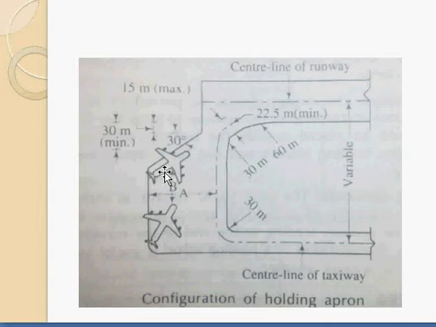Here the aircraft will not be entering the runway at 90 degrees, it will be entering at some angle like this. So you can provide 3 or 4 spaces like this depending upon the necessity, and the aircraft can wait here before taking off. Also, the width of the holding apron should be such that if any aircraft is coming through this way for taking off, it should be able to bypass this facility. So some extra width should be provided here, so that in some cases other aircraft can bypass this facility. So this area is known as holding apron.